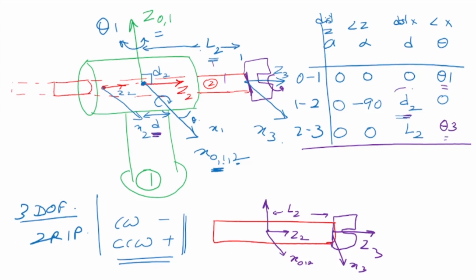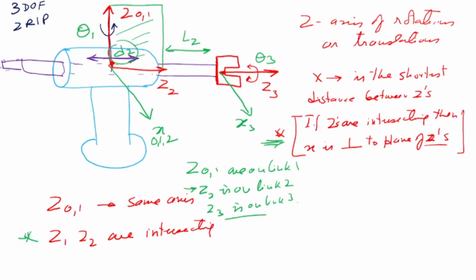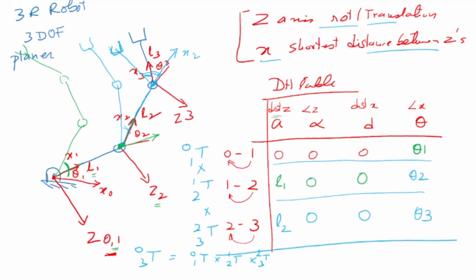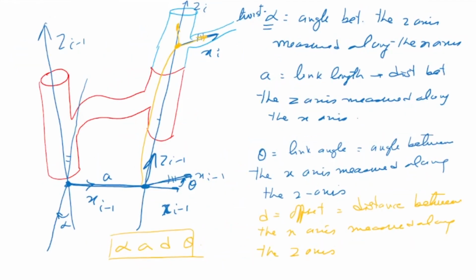So in the case of prismatic joint, the distance is a variable. In the case of a revolute joint, an angle is a variable. Okay. Now, what is the use of this? The use of this is that I need to find the transformation matrices. Okay. Now, if I go back a little bit more, we said that there are 4 parameters, and each of them is a transformation matrix actually. So if I have 4 transformation matrices and I multiply them out, I can get a generalized matrix. And from the generalized matrix, what I can do is I will take each row of the DH table, put it in the generalized matrix and get the transformation matrices. Okay, I'll explain as we go along.